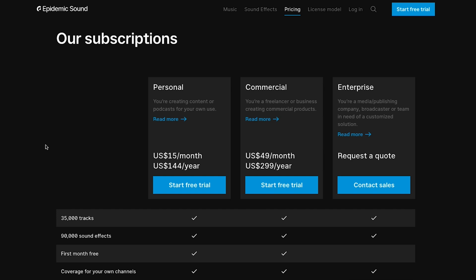The Epidemic Sound pricing is definitely better than Musicbed, but still more expensive than Artlist.io, coming in at $300 for an entire year. Now, one good thing about the Epidemic Sound subscription is it does include sound effects as well for that price, which is nice to have if you're going to be using a lot of sound effects for sound design in your projects. You can also get this in the Artlist.io license, but it will cost you an extra $100 for a year, making the subscription price the same as Epidemic's. And with Musicbed, you don't get any sound effects at all.